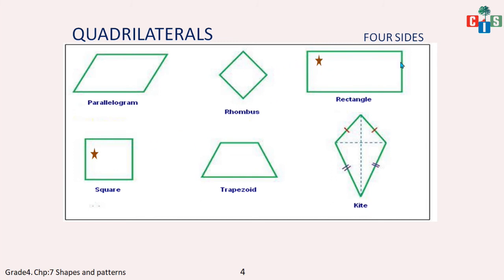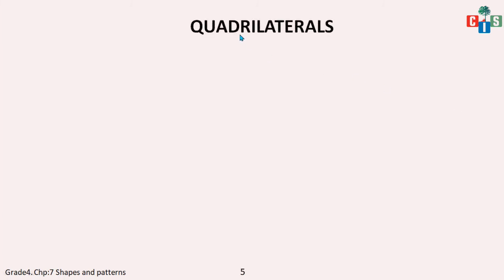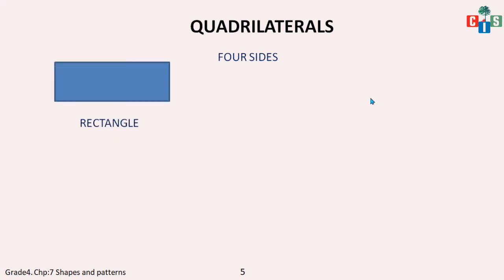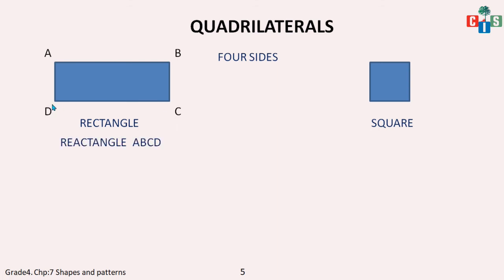Fine. Now let's study square and rectangle in detail. Only these 2 parts you will study. Okay. Now quadrilaterals will have 4 sides, and let's have one rectangle. And what is this? This is a square. Okay, now let's name it A, B, C and D. So I can say this is rectangle ABCD. Now see students, the corners you always have to represent by capital letters and not small letters. Now the square PQRS is the name of the square. Okay, so we have a rectangle and a square here, that are quadrilaterals.